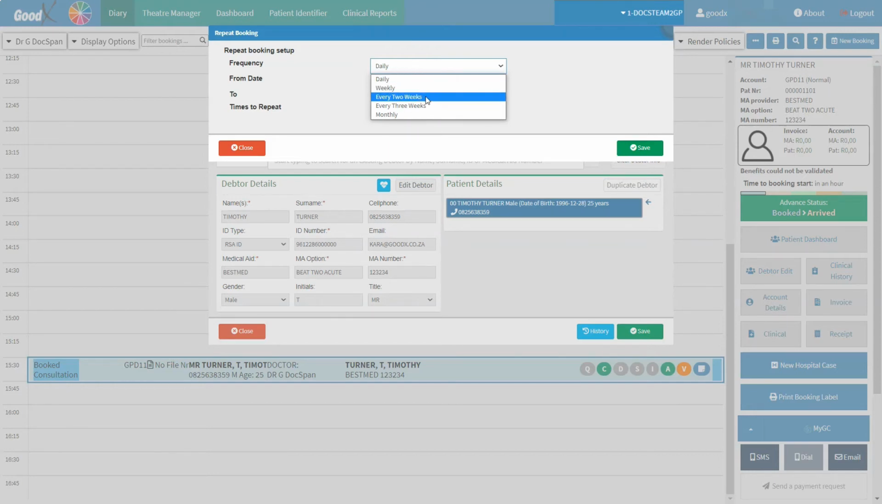Every 2 weeks is when a repeat booking will be made every 14 days from the initial day of the booking. Every 3 weeks is when a repeat booking will be made every 21 days from the initial day of the booking. Monthly is when a repeat booking will be made once a month on the same date, irrelevant of the day. For example, if the booking is made on the 3rd of December, the next booking will be on the 3rd